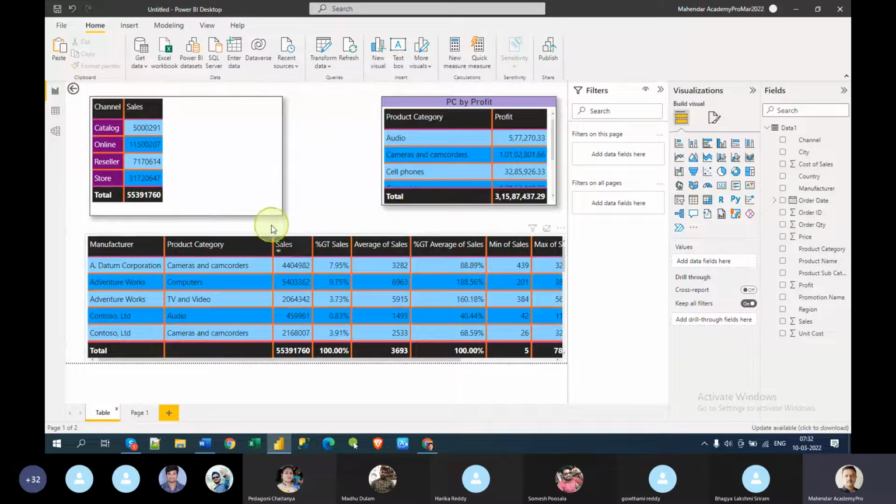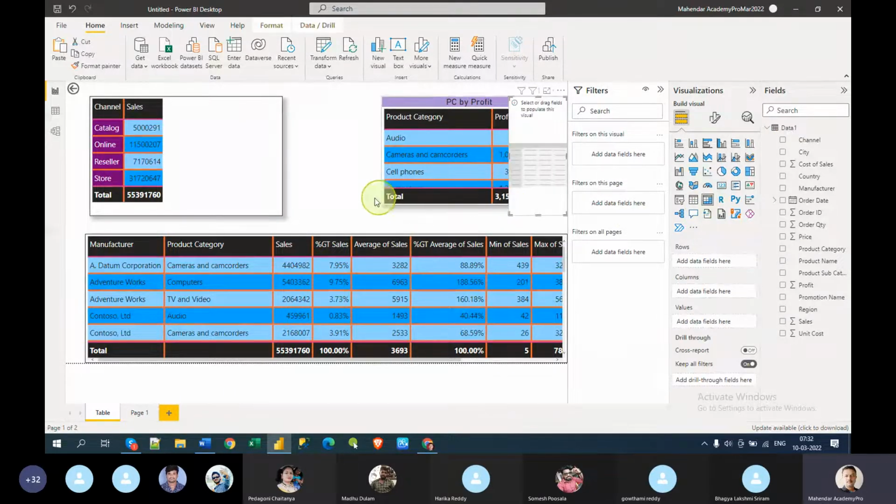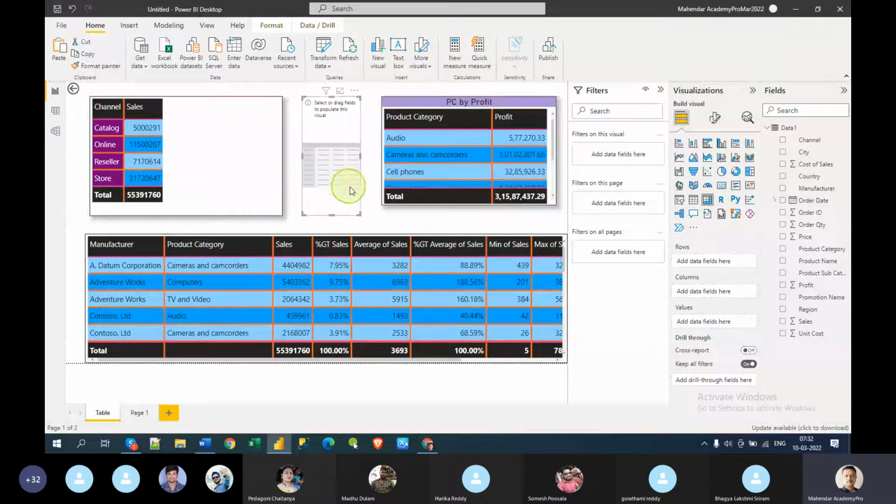The only thing is here you see only a values column, but here if you just take any field, let me show you this here. You see, apart from values, you will also have rows and columns. In this, the column is like building pillars, and these are the rows. So you will have this kind of extra options.